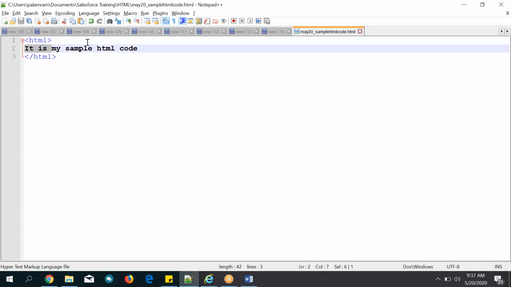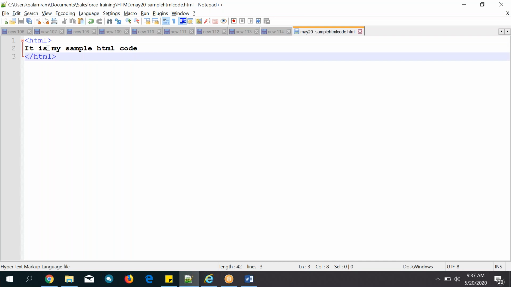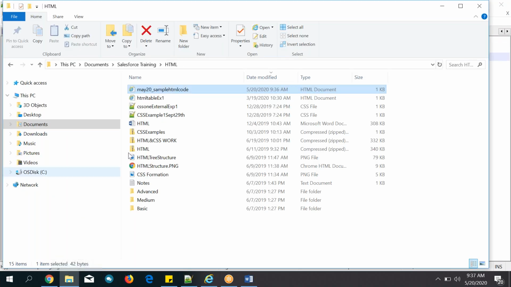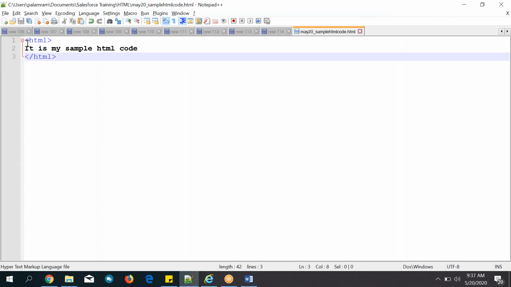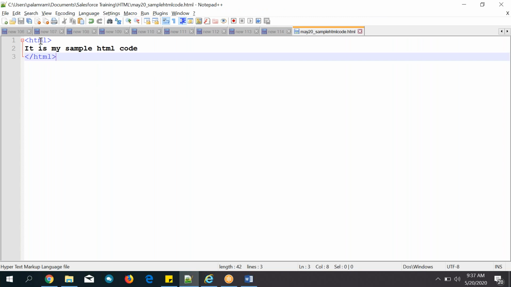Okay, so whatever you have written, see, this is your document and it is located in your local server, in your laptop also having some server, right? Local server. And with the help of browser you are displaying your HTML code into the browser as an output. Like yesterday I told you, right? Your document is converting, that means parsing, into an output.